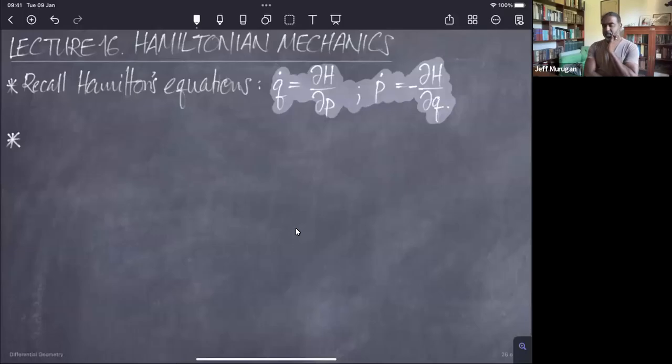Today I want to finish up the section on Hamiltonian mechanics, and this will just be the sort of standard way of thinking of Hamiltonian mechanics. And then next time we'll give the formulation in terms of symplectic geometry. So just by way of completing what I need to say here,